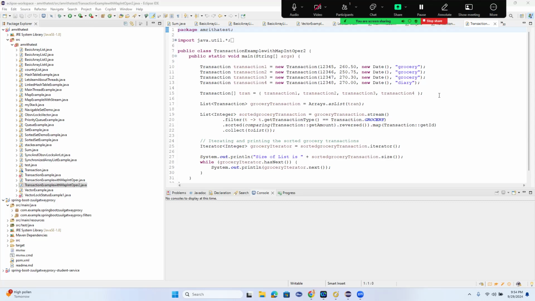Basically, if we take this example, when I am filtering this transaction, if I want to test the condition that if the filter is successful in getting some transaction in groceries, how do I test that